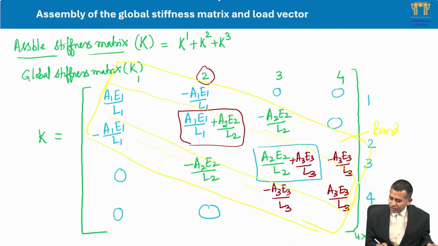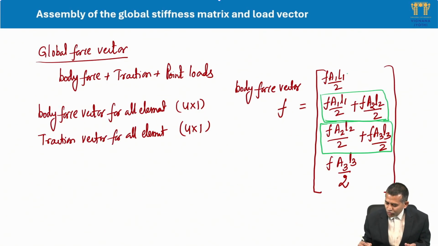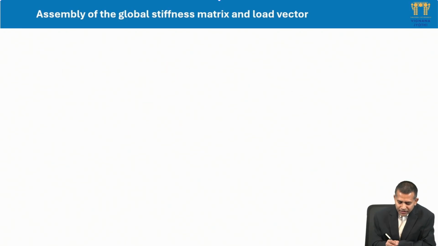So that's why, if you observe the values, at node 1 you have only F A1 L1 by 2, and again at node 4 you have F A3 L3 by 2, whereas at nodes 2 and 3 we have these values. So it is for node 1, node 2, node 3 and node 4. The same way you can write it for the tractions as well. If you write for the tractions,